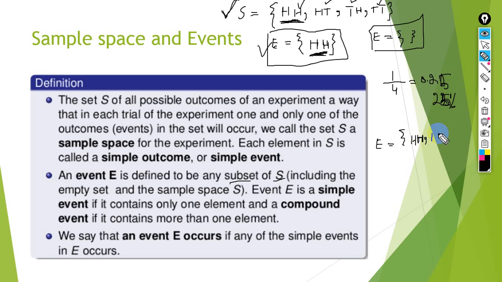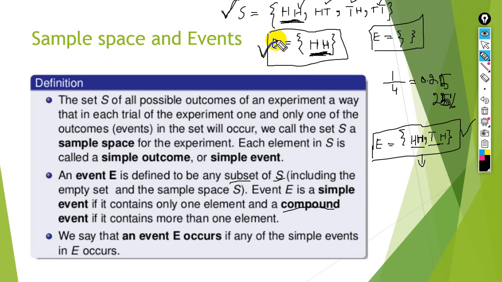HT, TH possibility of TH. So here I have taken 2 points or more than 2 points, so this will be considered as a compound event. Here we have more than 1 point in the event, so we can say this is a compound event, and here there is only one point in the event, so we can say this is the